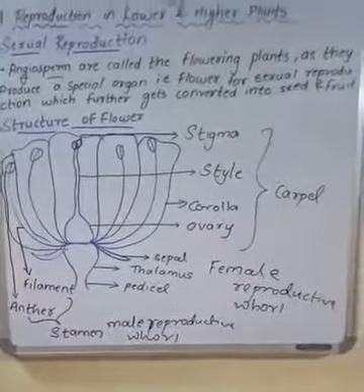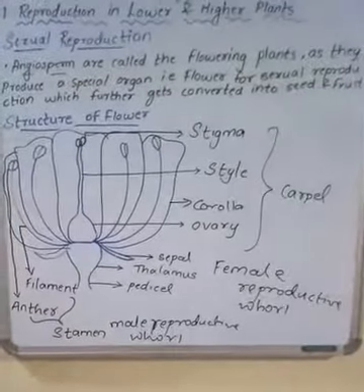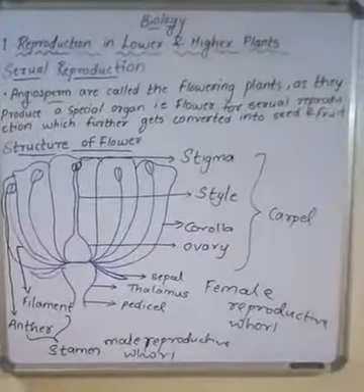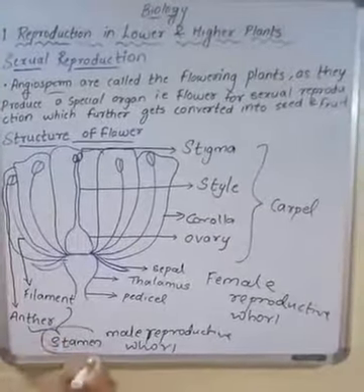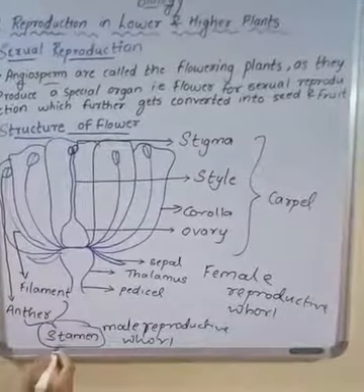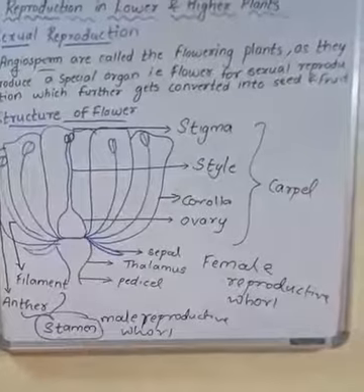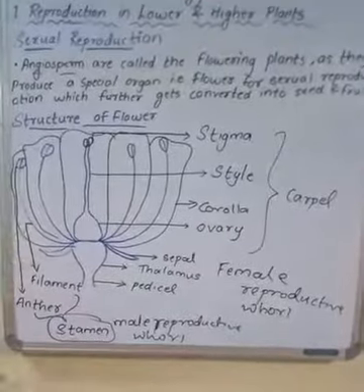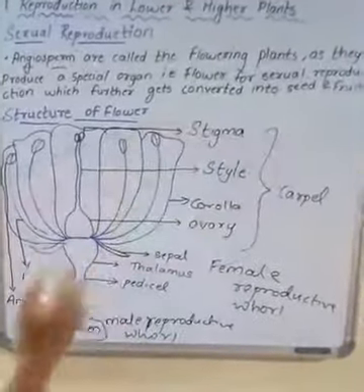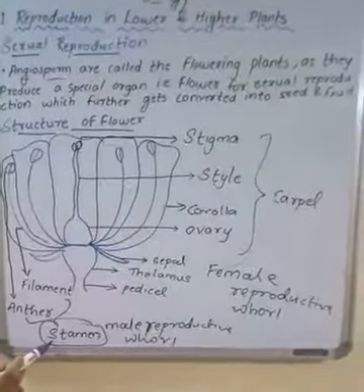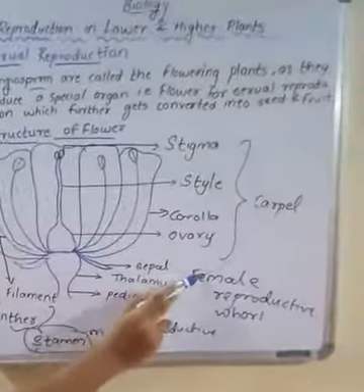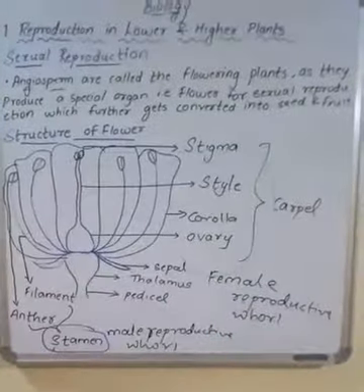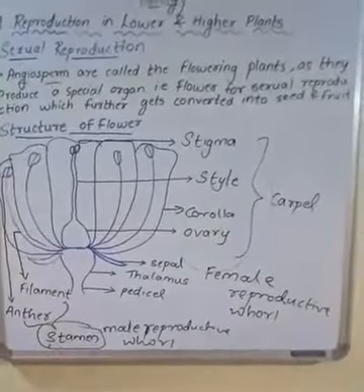So in this process of sexual reproduction, the angiosperms involve microsporogenesis, that is the formation of microspores, the pollen grains, which is done by our male reproductive part. The generation of pollen grains and the development of the male gametophyte will be done by this part, and the development of the female gametophyte will be done by this whole part. Clear with that? Microsporogenesis will be taking place over here and megasporogenesis will be taking place over there. Clear. Microspore means nothing but the pollen grains, which we will be studying just now.